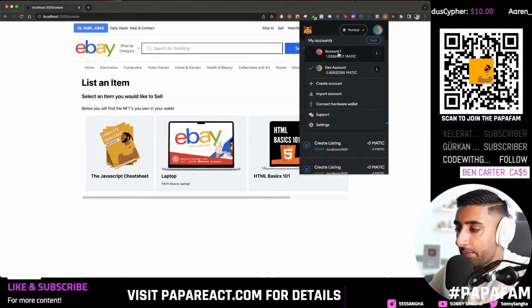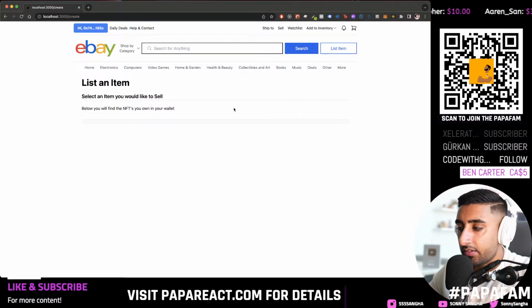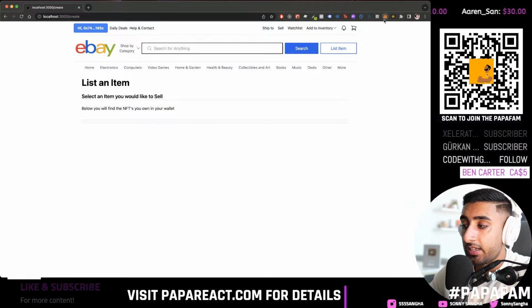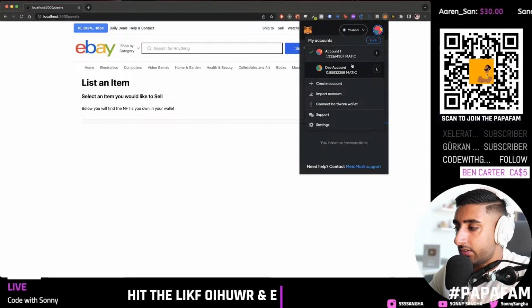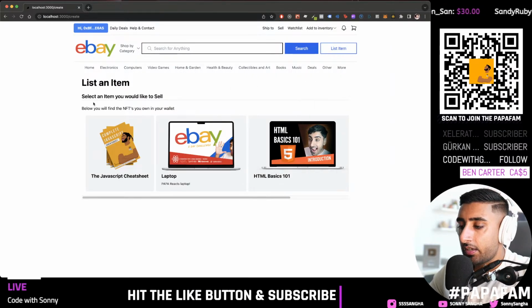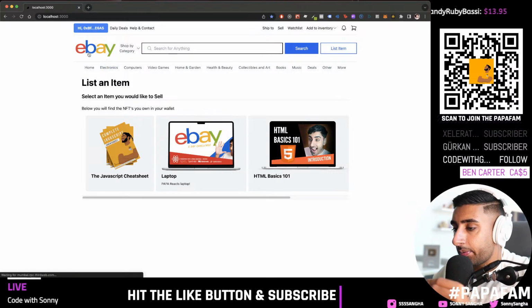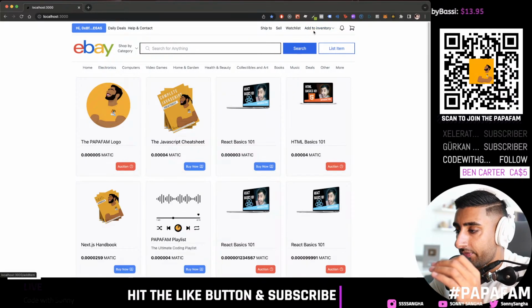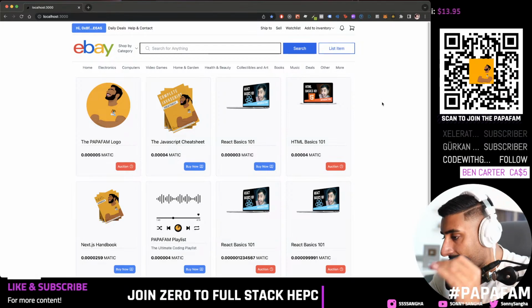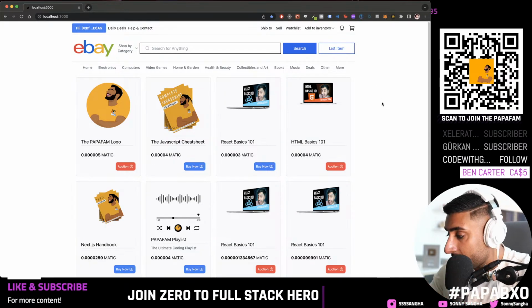So now if I switch my developer account, you'll see that in this guy's wallet, he doesn't own any here. So you would have to add to your inventory before you could. But for this one, you can go ahead and sell directly from your inventory. Right? So with that said, we just implemented two incredibly powerful things, the add to inventory and the list item functionality. So what we're going to do next is go ahead and deploy it, because once you deploy it, you can get that URL, submit your homework, get those bonus points in, and prepare for day 4